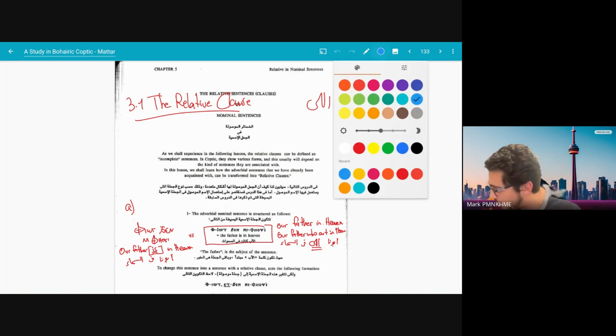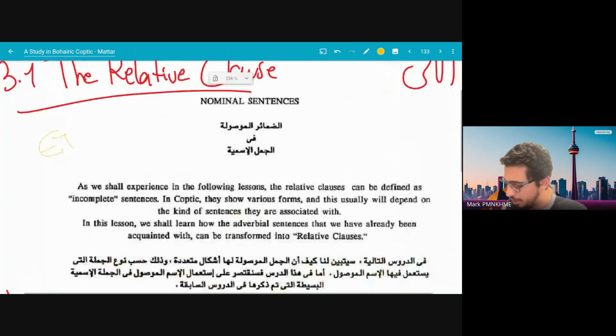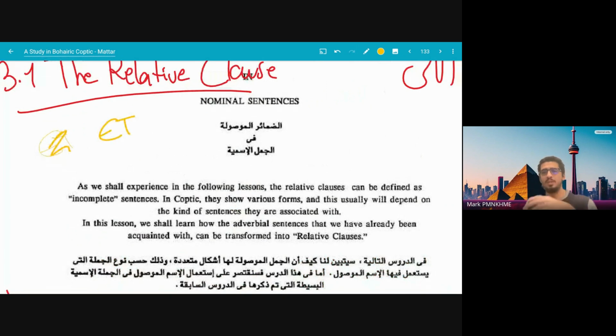Well, let me use my cursor. There's something called et. Let's make it thicker. Sorry. Et just connects one thing to another. So that, or the man which is, or who is, or the place where is, or the time when is. Doesn't matter. It's always an et. Also, doesn't matter if the man that was or will be. It's always an et. Again, there's no verb to be, so you just connect et.